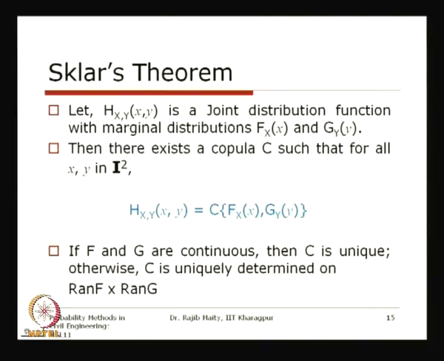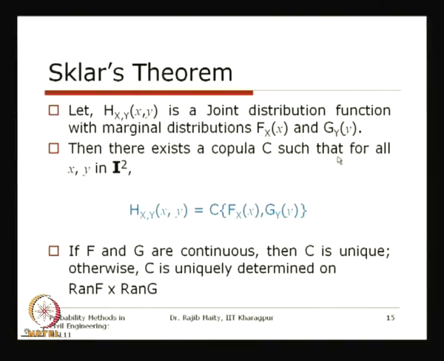Now, the Sklar theorem, which is the most important theorem in this theory of copula, through which we can connect, or couple, the marginal distributions to have their joint distribution. Let H(x,y) be a joint distribution function with marginal distributions F(x) and G(y). Then there exists a copula C such that for all x, y in I square, which we defined earlier,